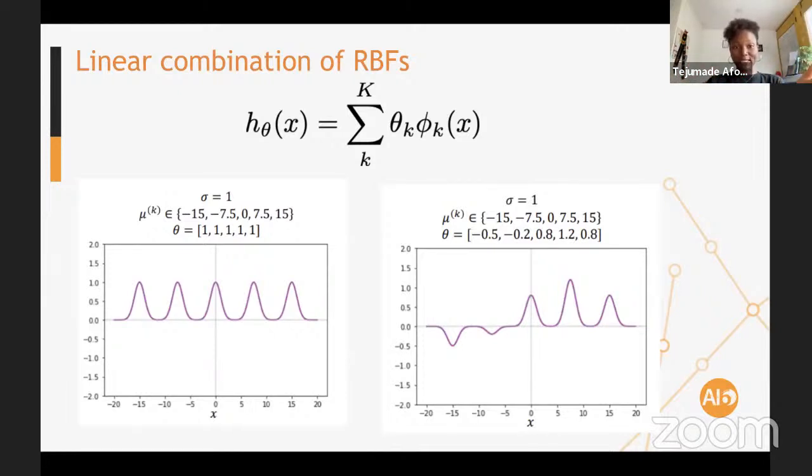And here we show 2 different plots. On the left side, you have the RBF kernel, but all of the parameters have been set to 1, and so if you have a summation of them, it looks like that. But on the right side, the parameters have different values, and you can see that you start to have a different kind of curve, right? Which is what you're looking for, more degrees of freedom, so to say, so that you can fit your data better.